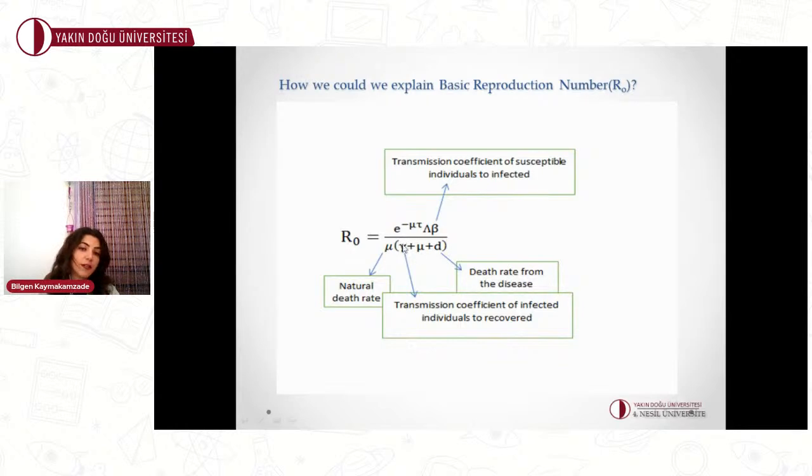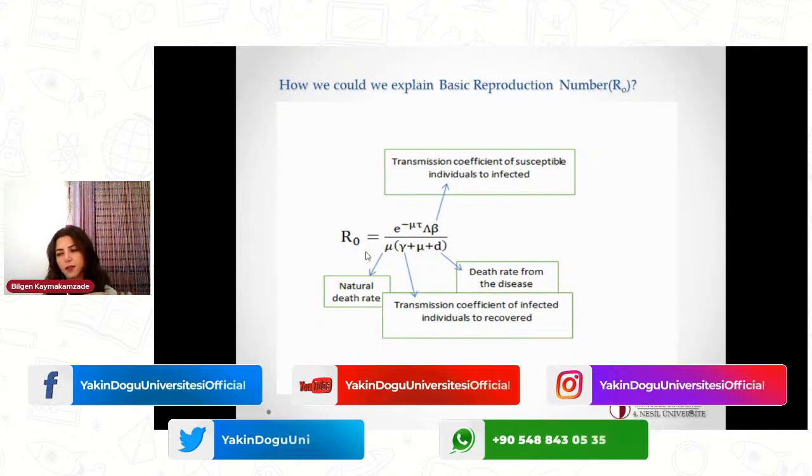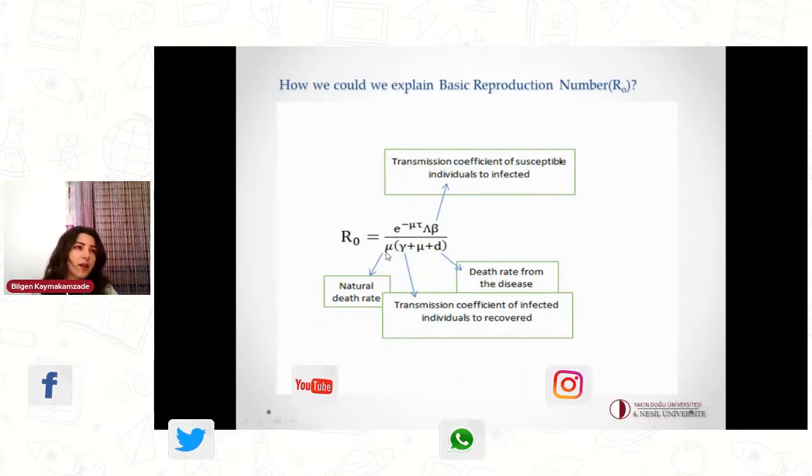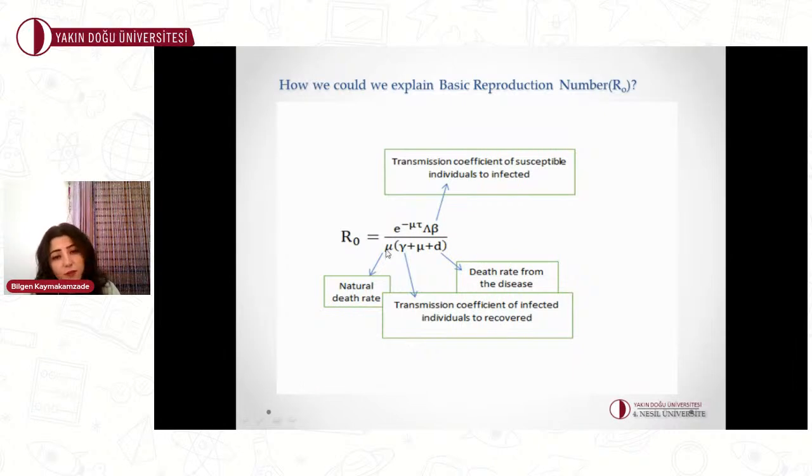It means that if we increase the denominator, then R0 again will be decreased. So one way of decreasing the R0 value is to increase the treatment, or, as I told you, maybe a vaccine or anything else, so that an infected individual can recover. And mathematically, we can talk about the natural death rate and the death rate from the disease. It makes sense because when we decrease the natural death rate, R0 will be decreased as well.